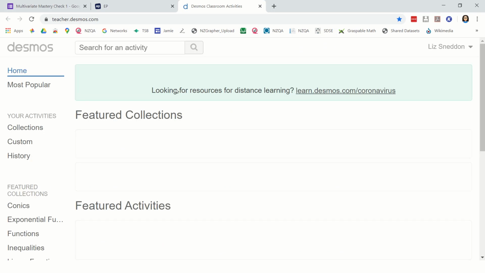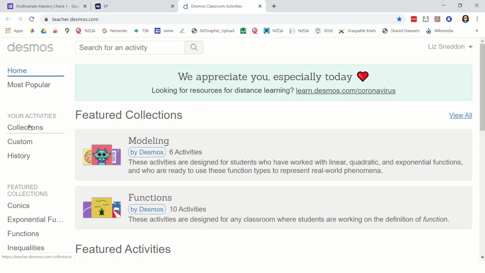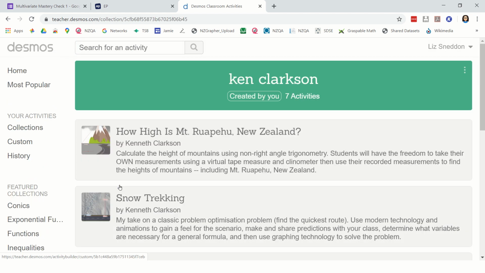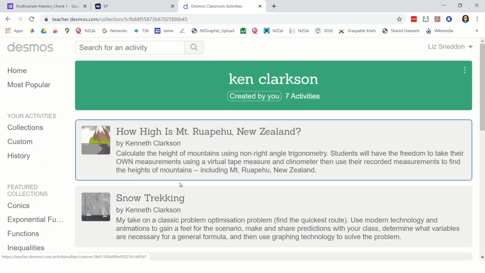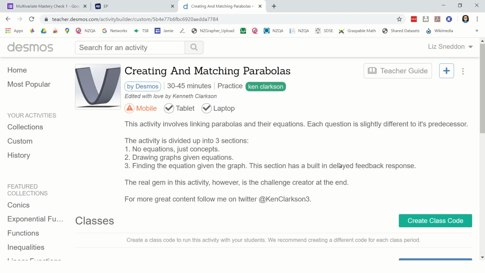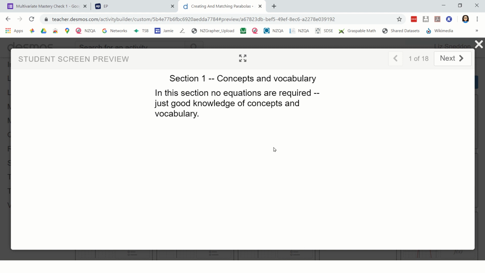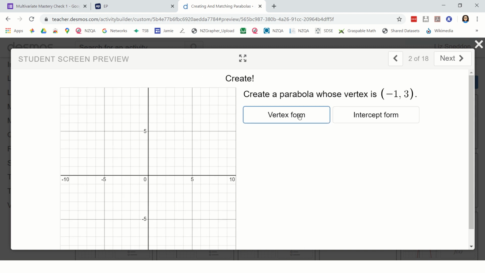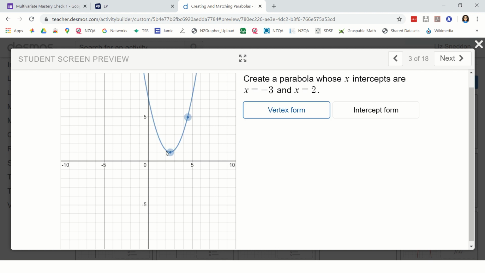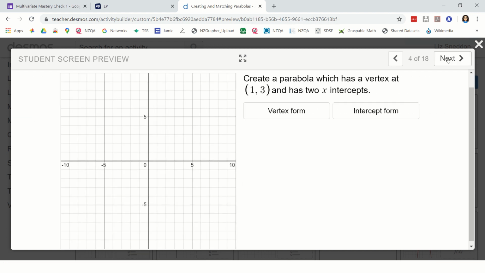So Teacher Desmos is one that's quite a useful tool. And so for example, in here I can create a new task one at a time. So for example, Ken Clarkson, if you don't know, has some amazing tasks here all ready to go. So for example, here's one here that he's already made. You can make this up and you can have it in a series of slides. You can have graphs, you can have multi-choice answers, you can do all sorts of things, and so students can pick these up and move them around, do all sorts of interesting things with them,